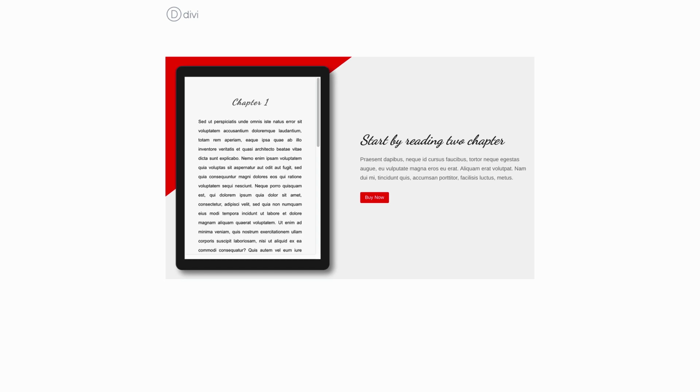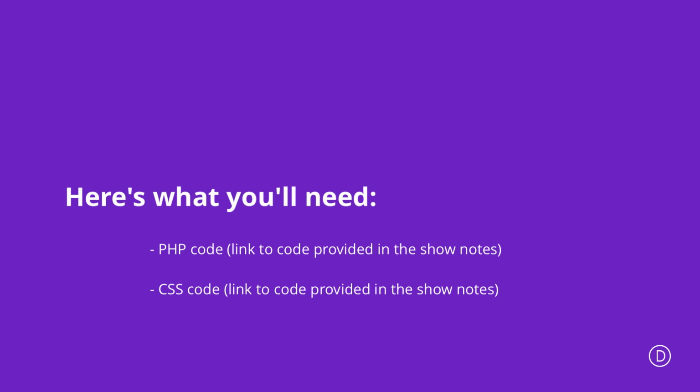In today's video, I'm going to show you how to add animation effects to sections or rows in Divi. So without wasting a lot of time, let's dive in and let me show you how we managed to create this. In order for us to achieve the animation effects to the sections or rows, we're going to need some PHP code and also some CSS code, which I'll link to in the show notes below if you'd like to